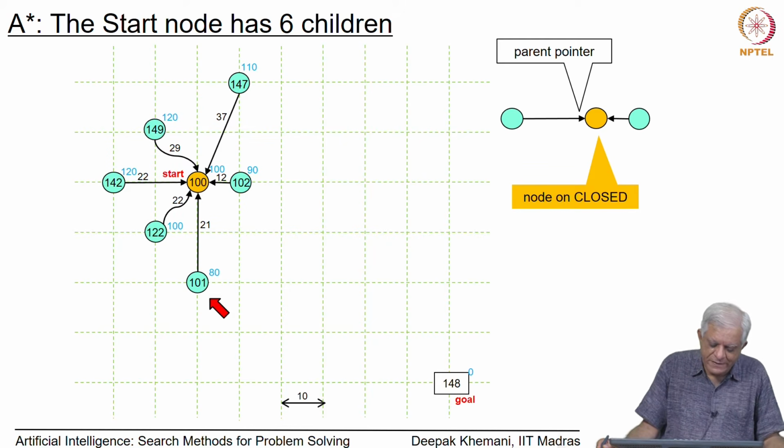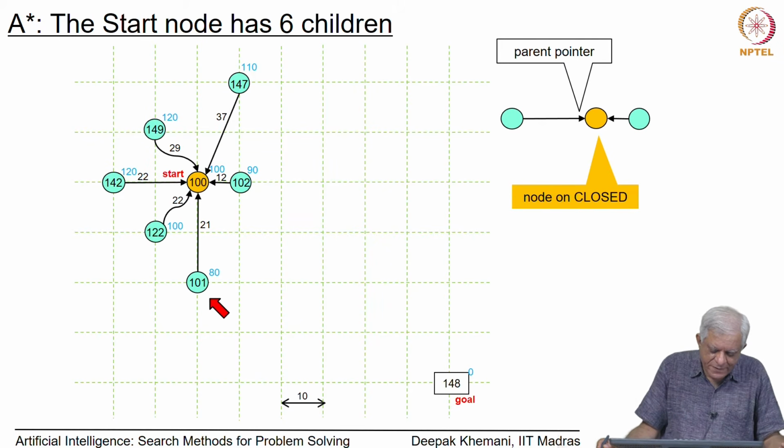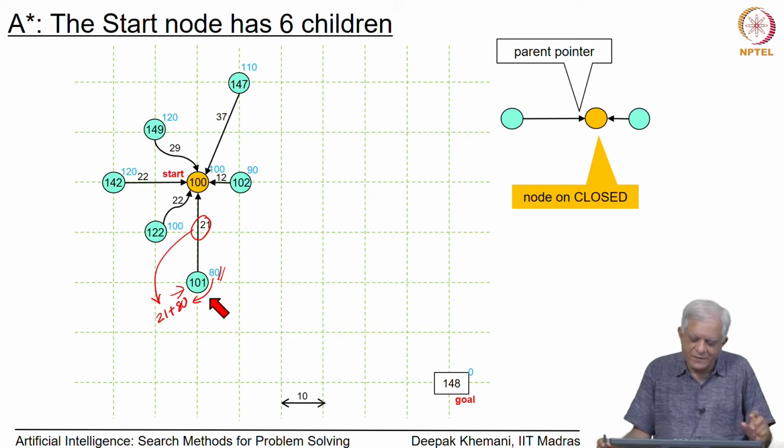It has generated the same 5 neighbors that best first also generated, except that now the neighbors are labeled with their f values, and it will choose the node which is lowest in the f value. In this case, it happens to be the same node as picked by best first, but its value is not 8, which is what best first thought. Its value is 101, and this 101 is the sum of 21 plus 80. So, this 80 comes from the h value, and this 21 comes from the g value, and so it looks at the sum of g plus h values,